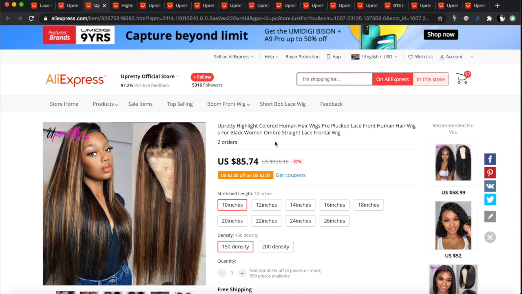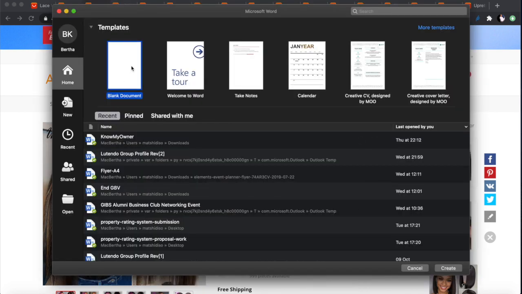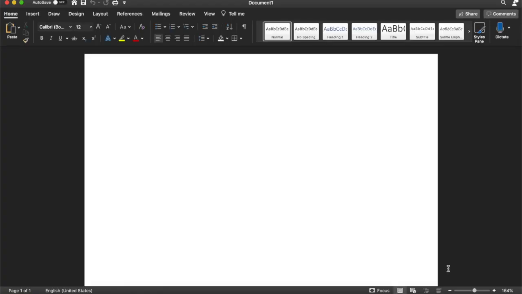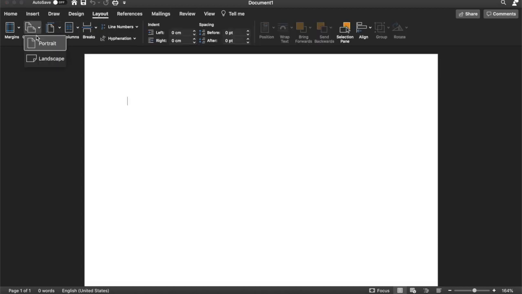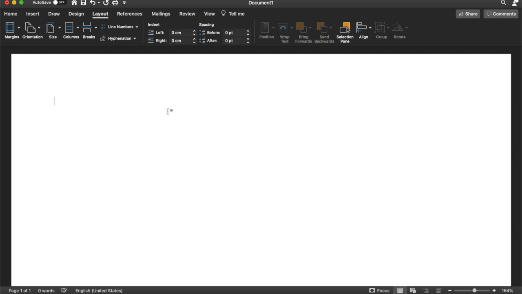So I'm going to open a Word document where I'm going to do all of this. Blank Word document, create. All right, and I'm going to go to layout and make this landscape. Okay, let's insert a table here.